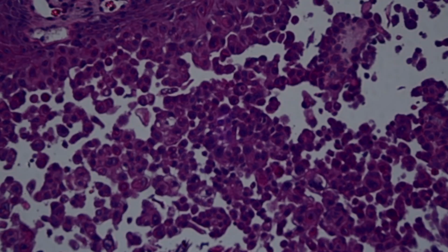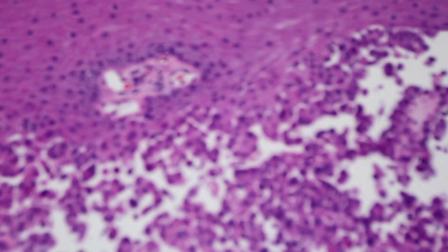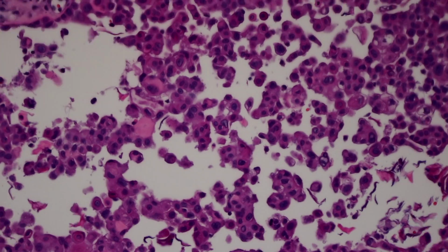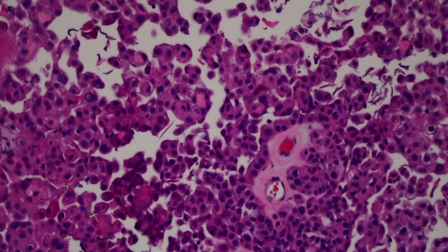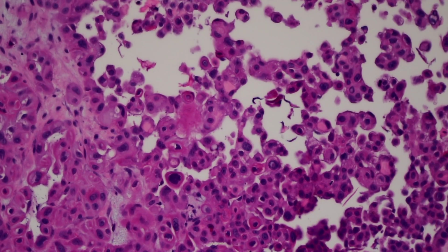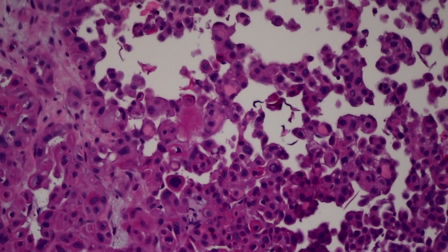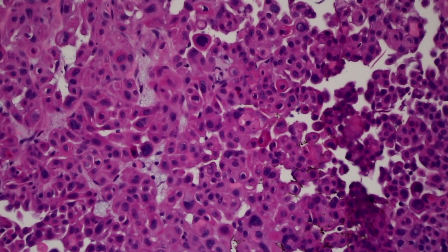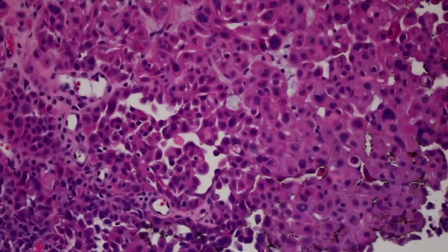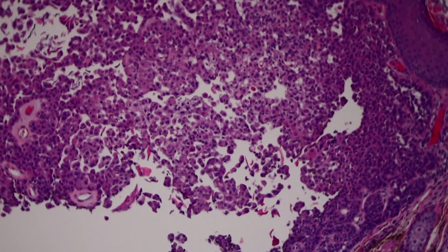The thing I find most helpful is that in the spaces you have the floating round pink keratinocytes, these acantholytic keratinocytes. This is a similar pattern to what you see in a variety of acantholytic diseases in the skin, like Hailey-Hailey disease, Darier disease, Grover disease. It's the same pattern, just happening here in the setting of a squamous cell carcinoma. You can also see this in squamous cell carcinoma in situ and in actinic keratosis sometimes, but here it's invading down into the dermis. So this is a really nice example of acantholytic